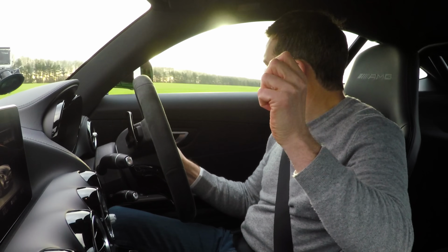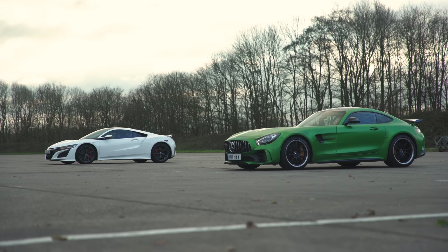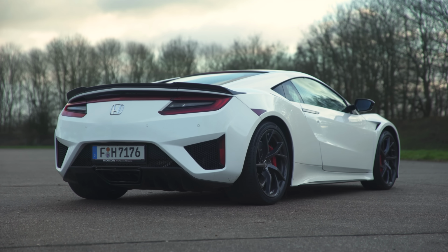But he picked up immediately though, didn't he? Electric motors, once again, boom, instant torque. So it's one win each for these two cars, both of which cost from